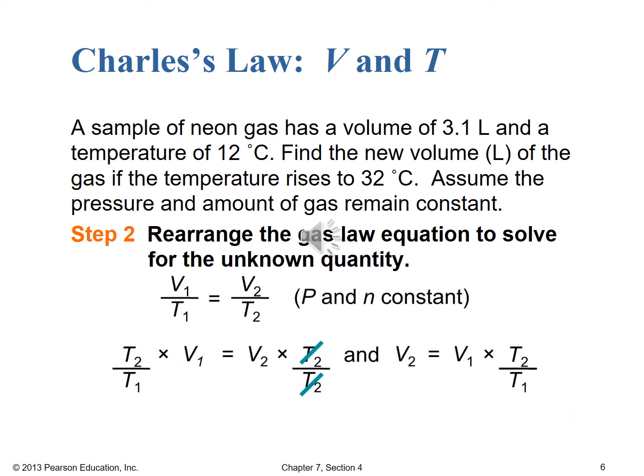Moving on to step 2, we can rearrange the gas law equation to solve for the unknown quantity. So here we have V2 is what we're solving for. The way that we're going to isolate V2 is to multiply both sides by T2. Since originally V2 was being divided by T2, that will cause it to cancel on the right-hand side. And then as we flip the direction of our equation, we end up with V2 equals V1 times T2 over